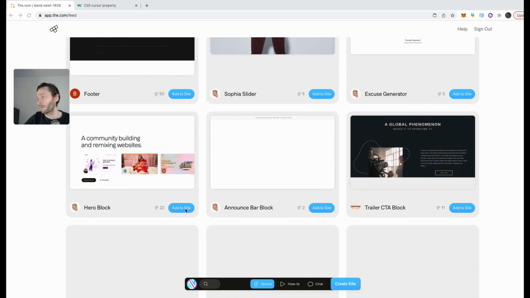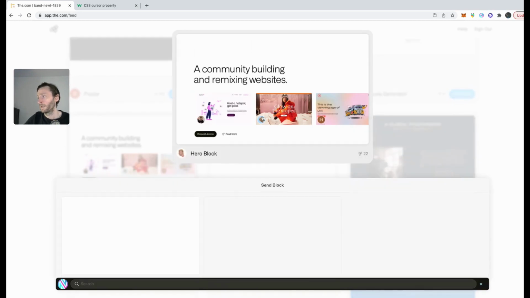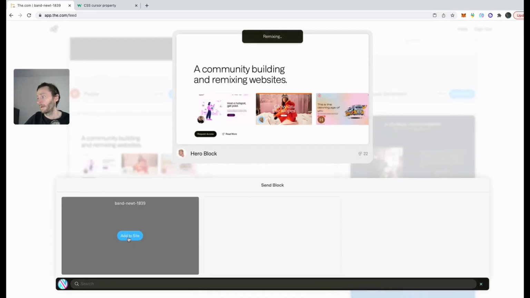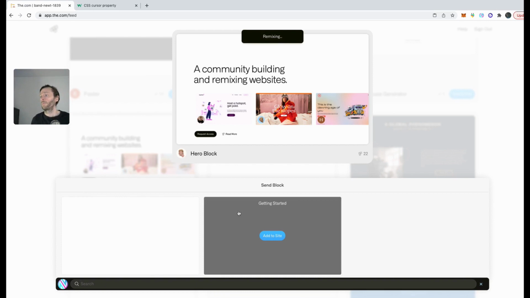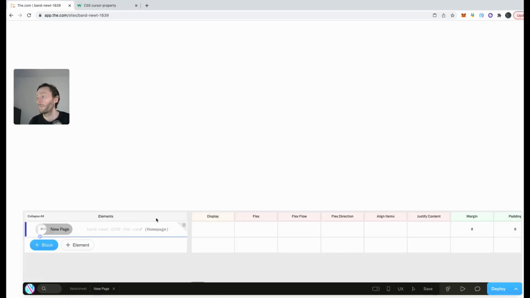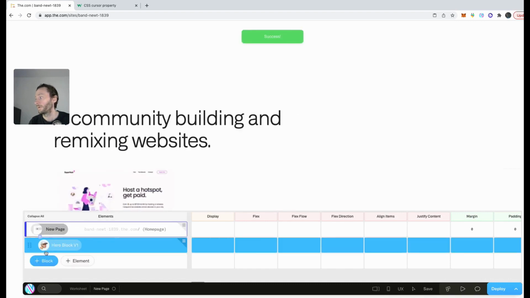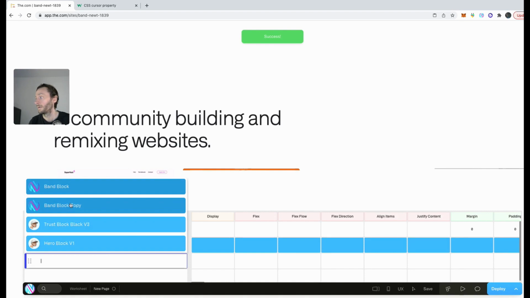Let's add this hero block. So we'll have a hero at the top. You just click on the block you want and add it. It remixes it. So I've added the hero to my site. I'm going from here. I'm going to go into my page. I'm going to add a block. I'm going to add the hero block. And underneath that, I'm going to have my